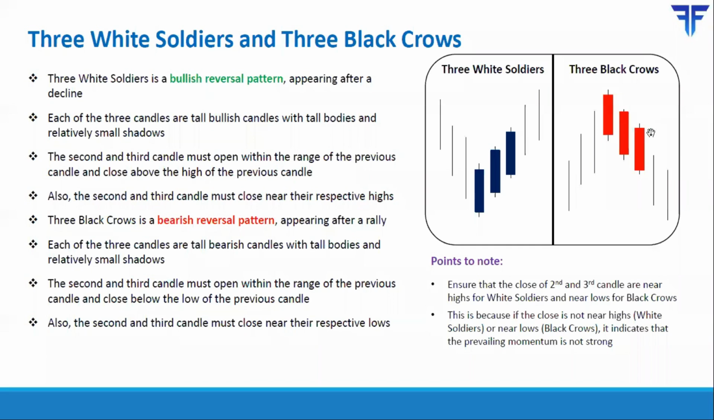Finally, the third candle opens below the high of the second candle and then goes on to close below the low of the second candle. Also, the closing of the third candle should be near that candle's low. Once the low of the third candle breaks, it tells you to sell by keeping a stop loss either above